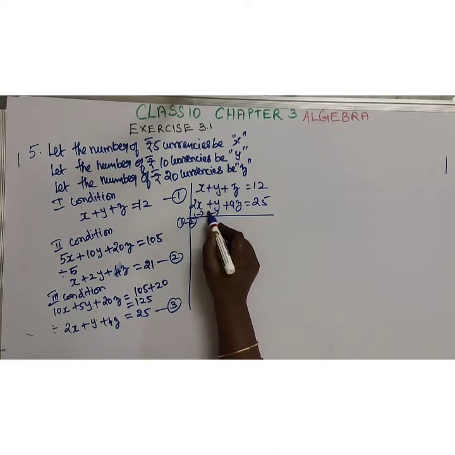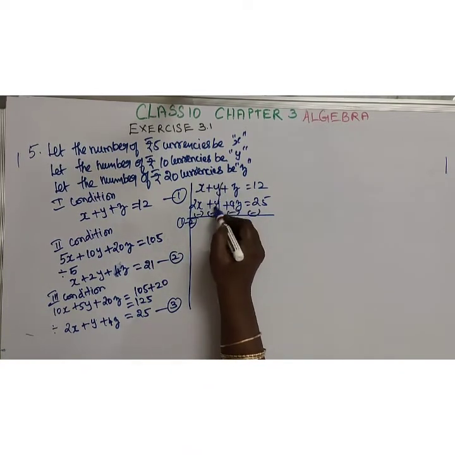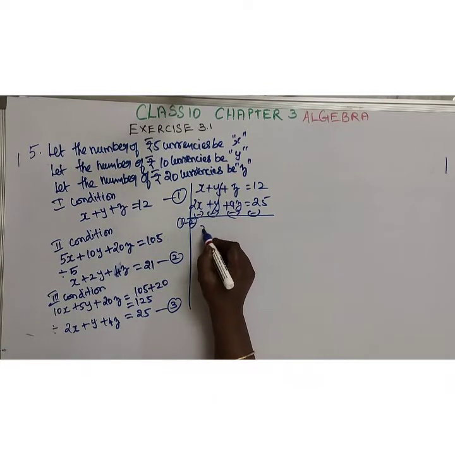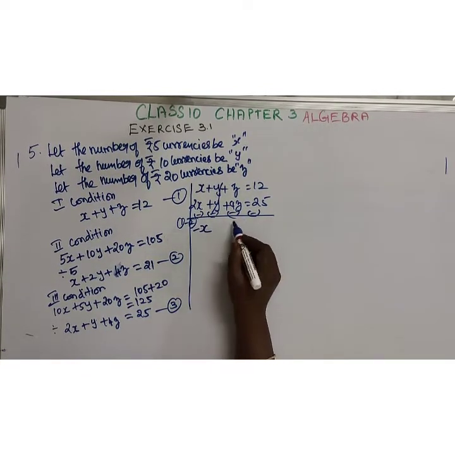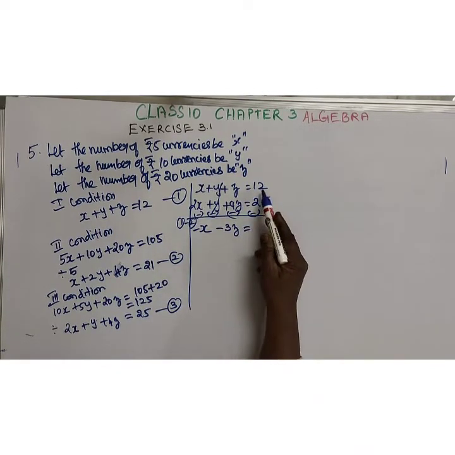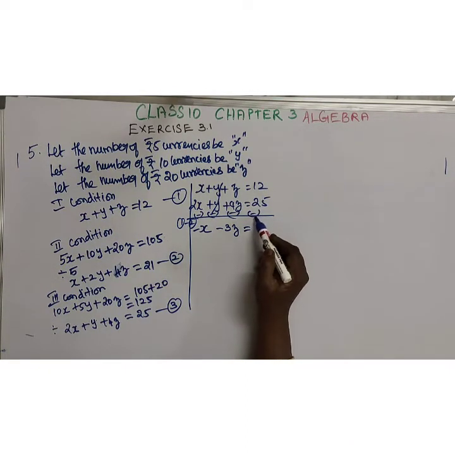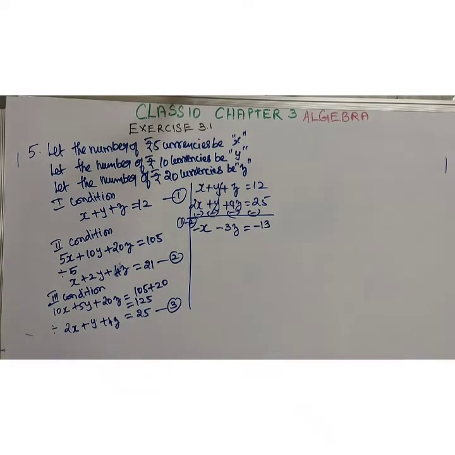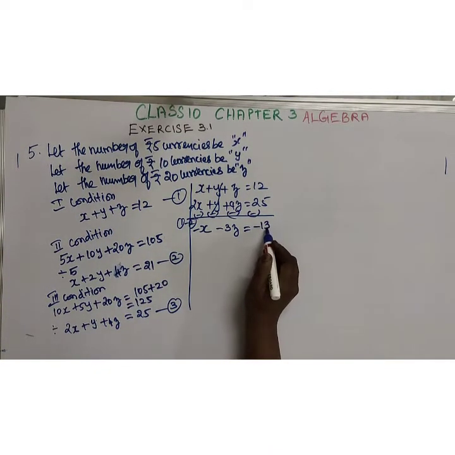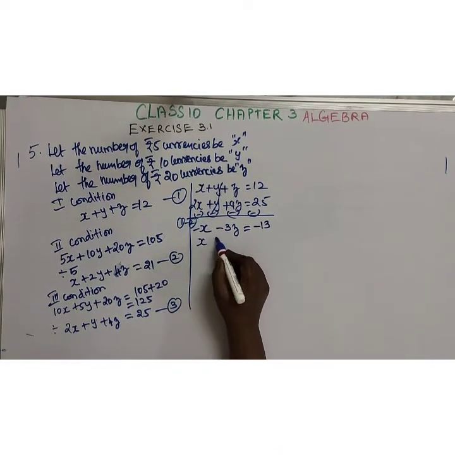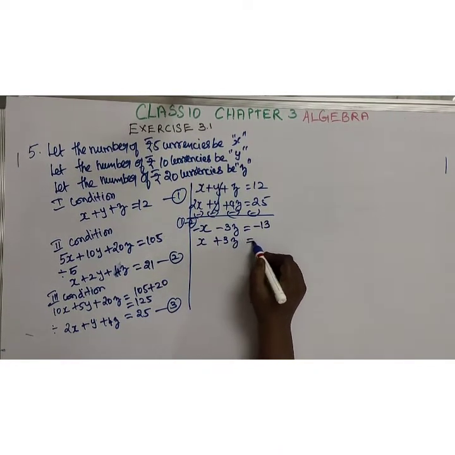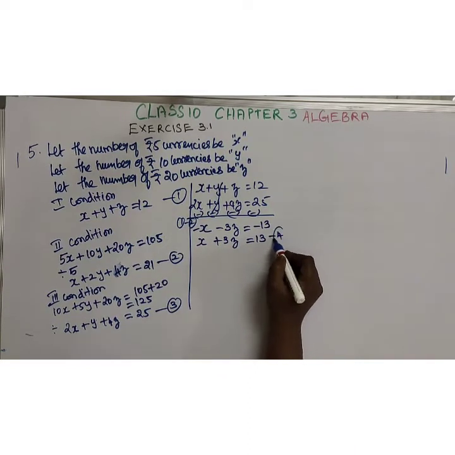Now change the sign. Now Y minus Y get cancelled. X minus 2X minus X. Z minus 4Z minus 3Z equal to 12 minus 25. We have to subtract the smaller number from the bigger number and put the sign of the bigger number. So 25 minus 12, minus 13. All the terms are in negative sign. We can make it into positive sign. X plus 3Z equal to 13. Have this as fourth equation.